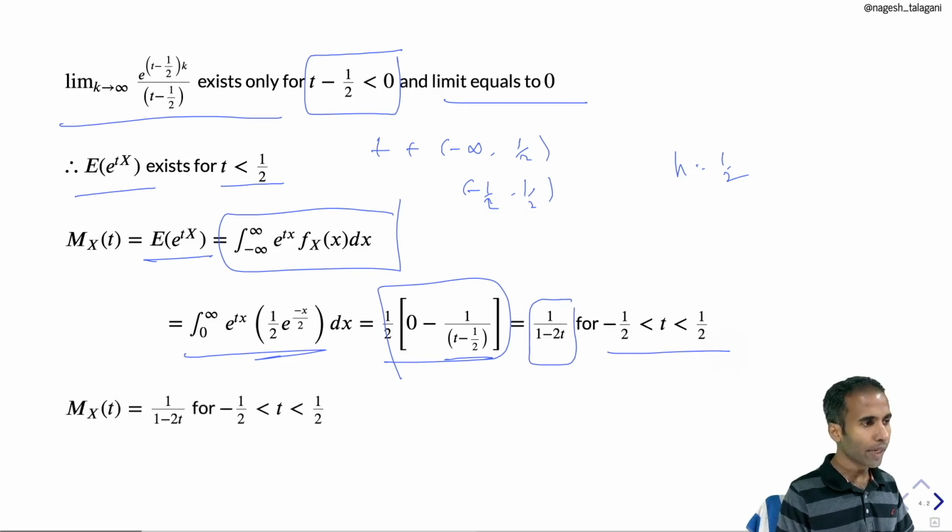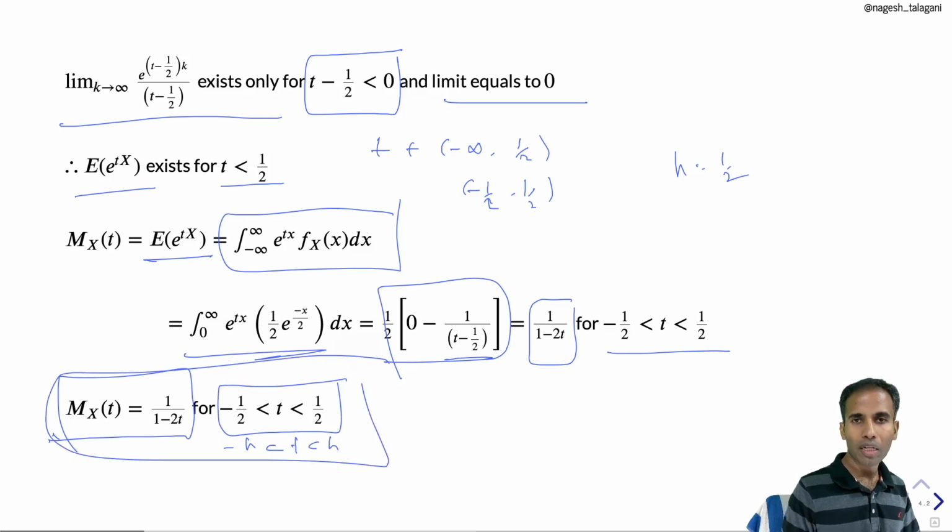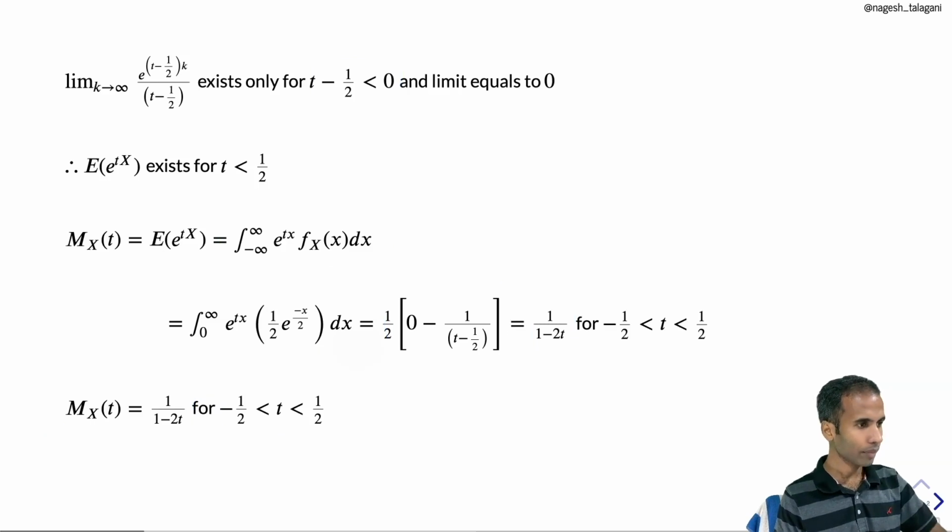So hence the MGF exists, which is equal to 1 by 1 minus 2t. Here the interval minus h to h is this minus 1 by 2 to 1 by 2. So this is the MGF of the random variable. Okay, fine. Next,